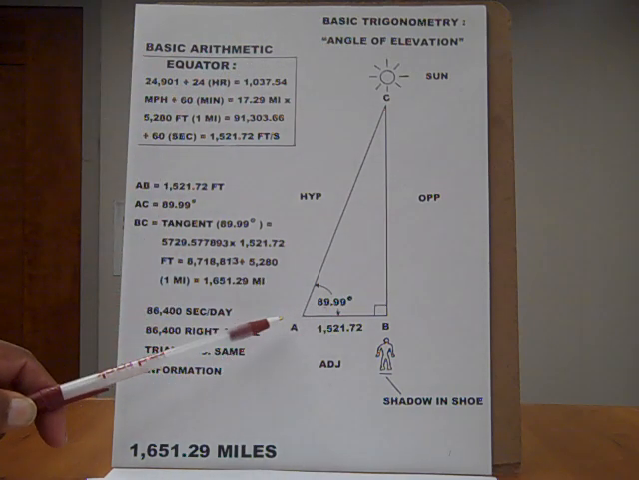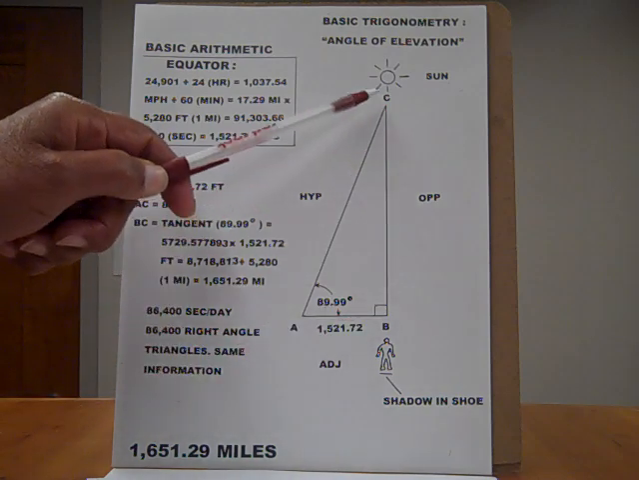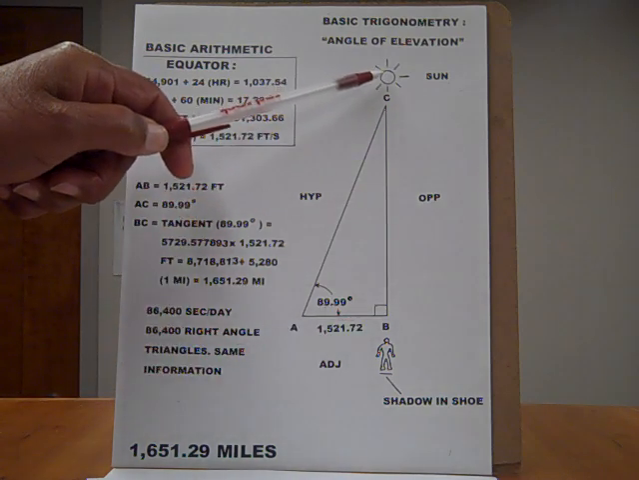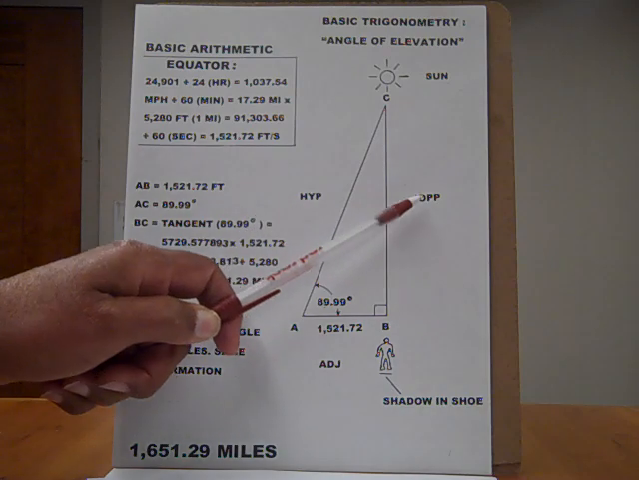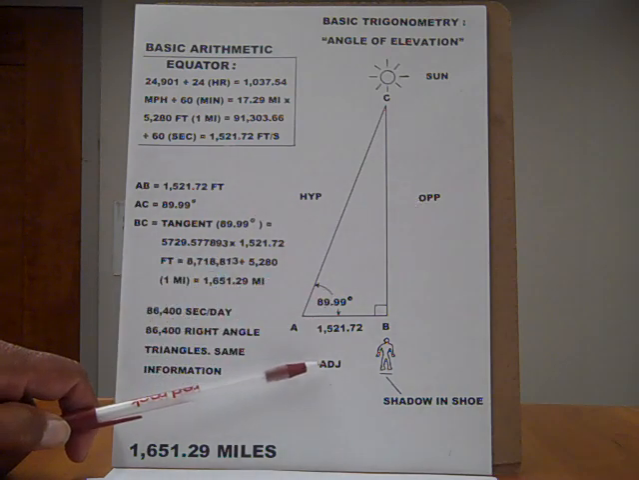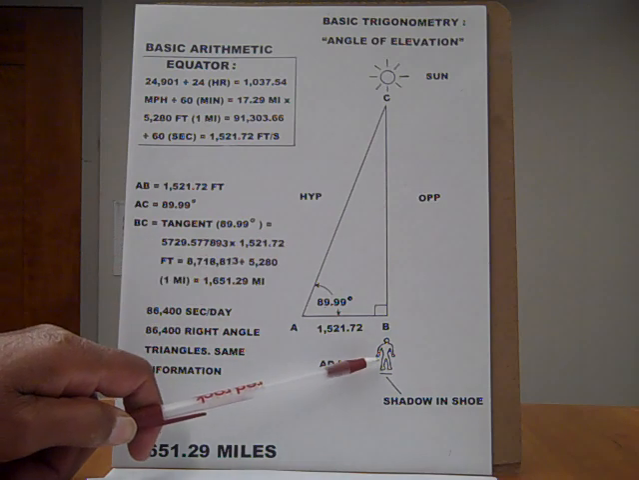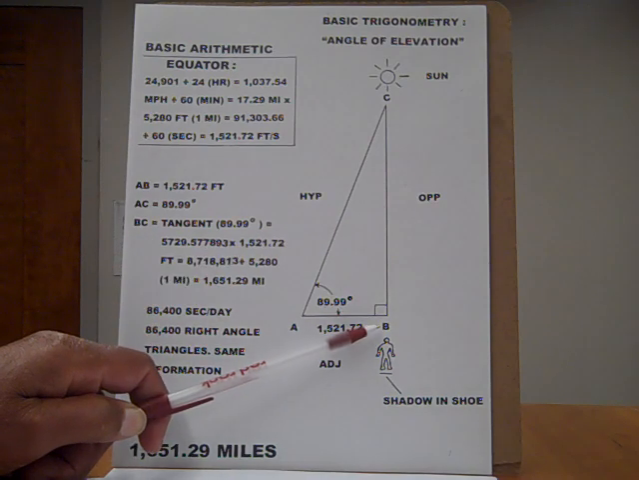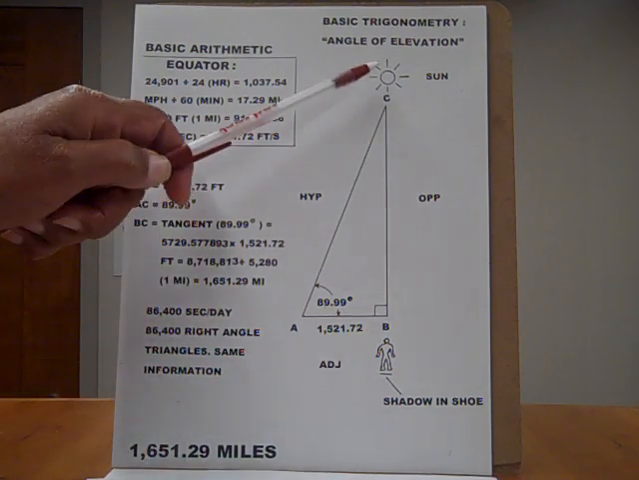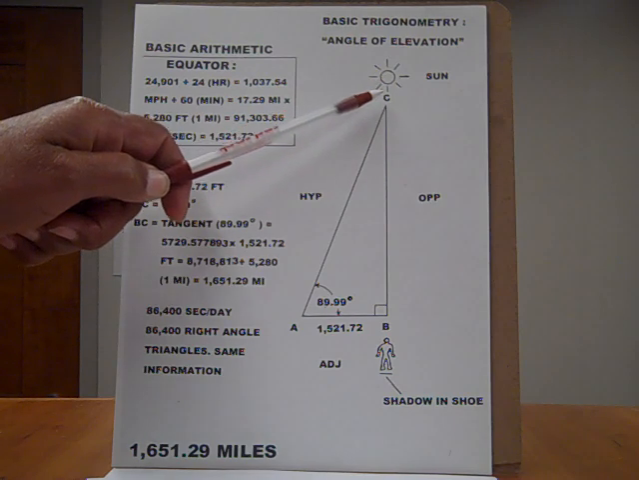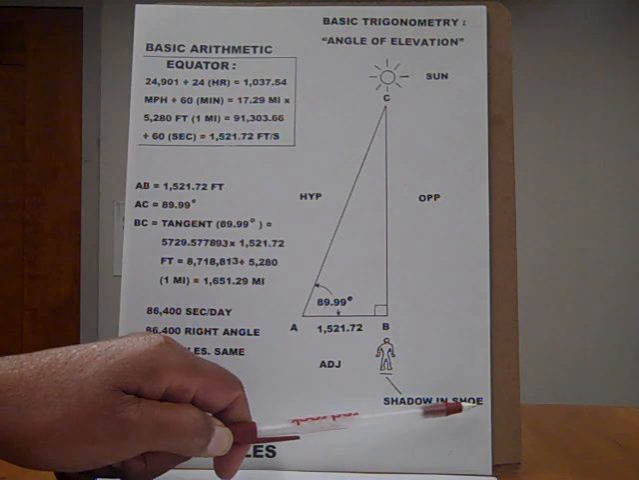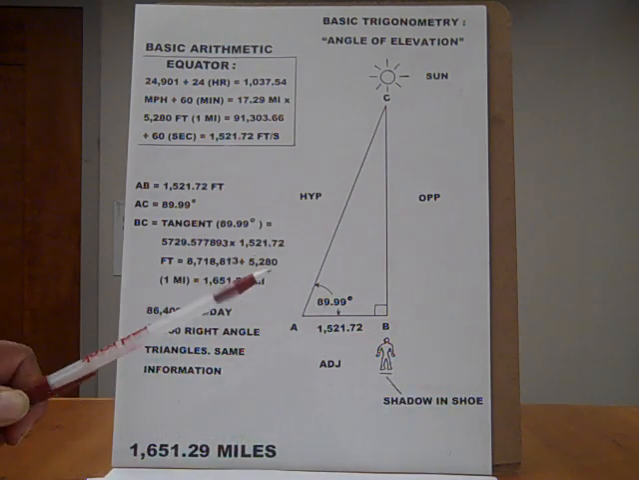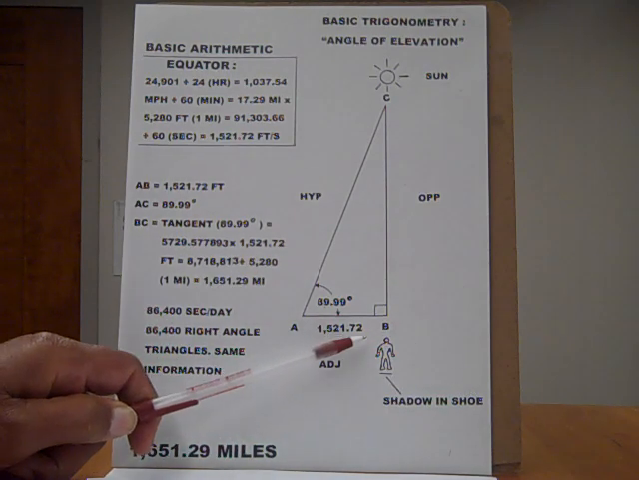All triangles have 3 edges, A, B, and C. The sun is put here at C. All triangles have 3 sides, hypotenuse, opposite side, and adjacent side. The sun is right above your head. You are at position B. And the sun is directly above your head at C, and your shadow is cast into your shoe. Now, since there's only 1 second left,